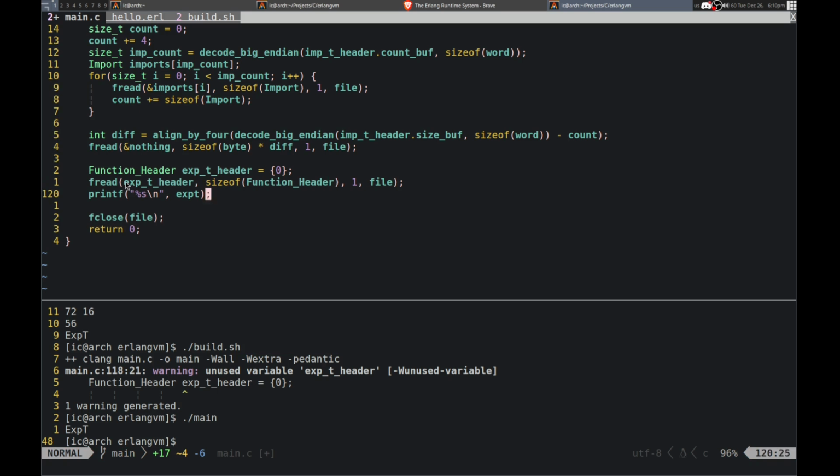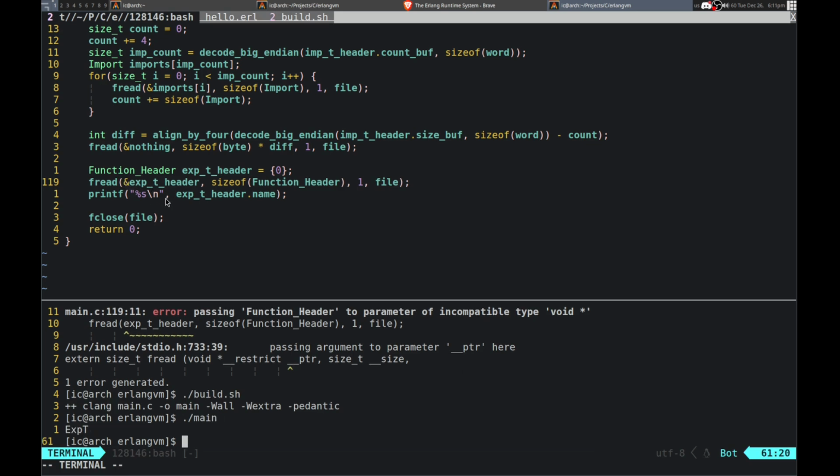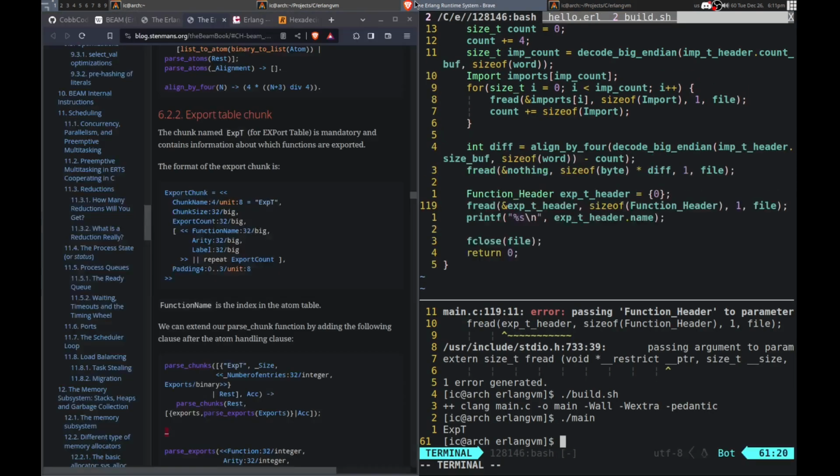Function header. Okay, and then we should have header dot name. What is this? Needs to be a pointer. Okay. There we go. So then, yeah, then we have the size and the count.